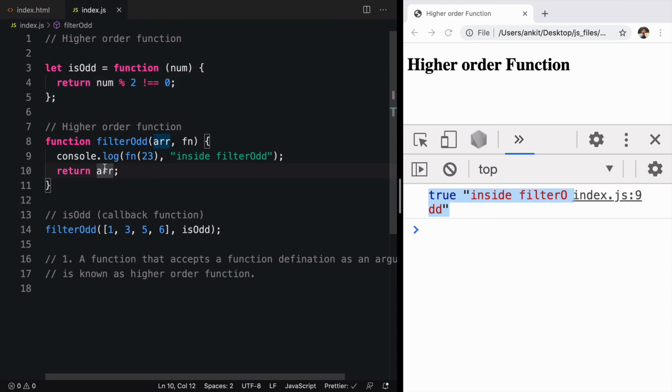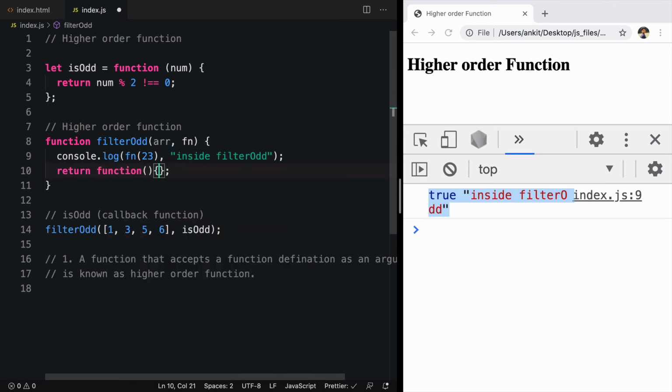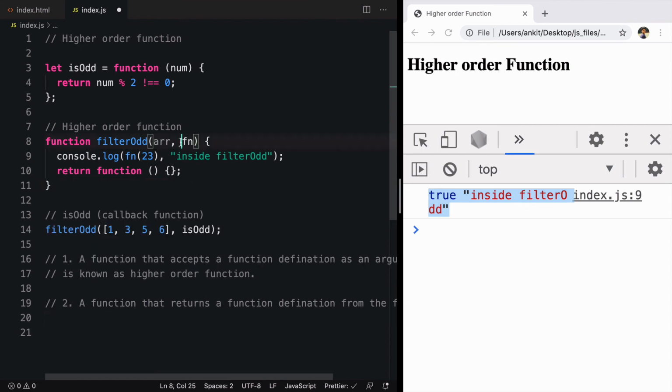So instead of returning an array that is an object itself, why not just return another function? We don't have to worry about the use case right now. Let's just try to understand what a higher order function is. If any of these two rules applies to a function, whether it accepts a function definition or returns a function definition, that function is considered to be a higher order function.